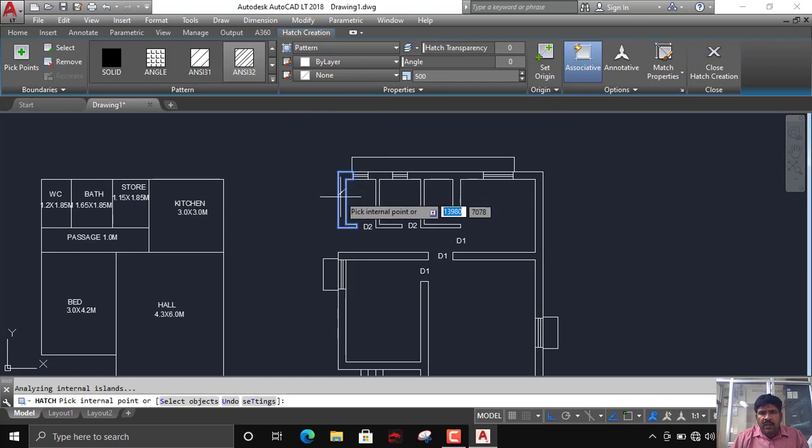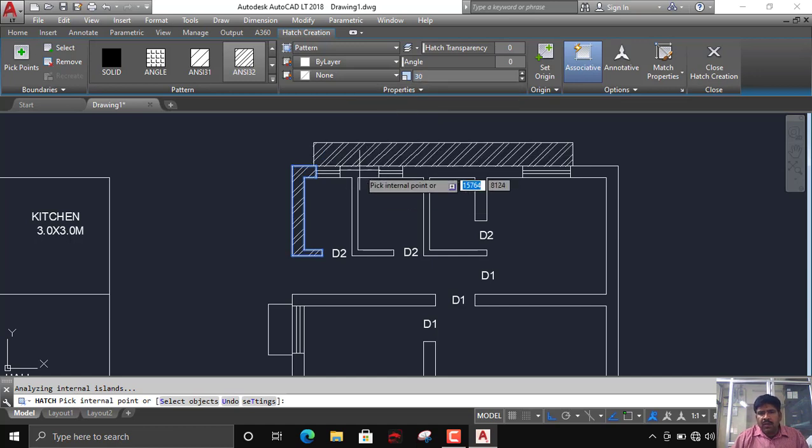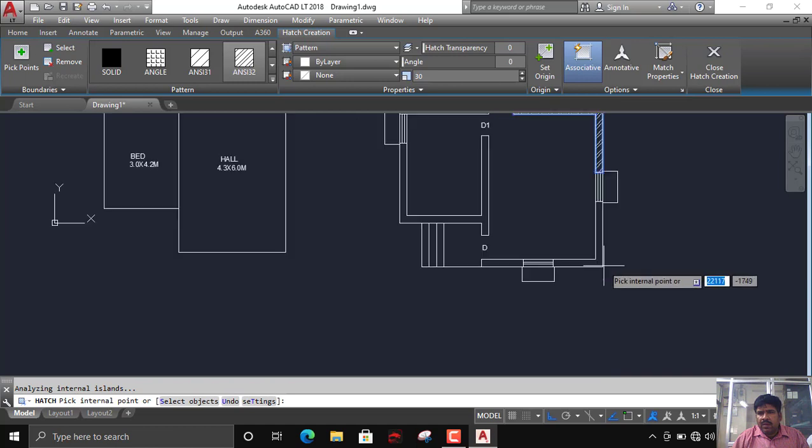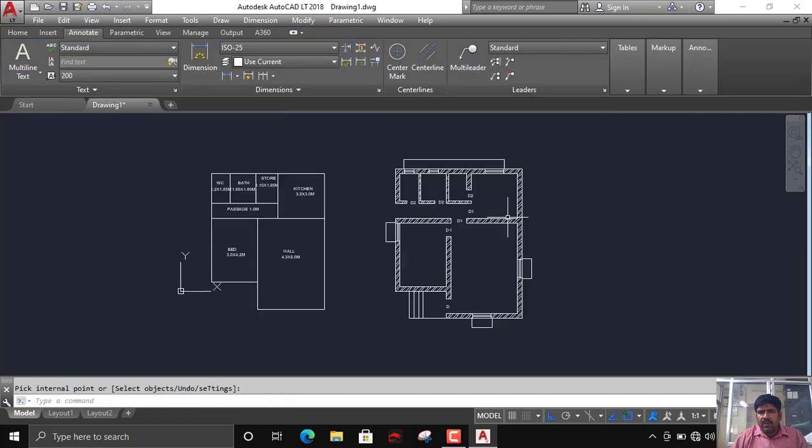You have to check the scale, not 200, maybe 50, okay, or say 40 is okay. Check the scale. If it is okay, you can go accordingly. Done.